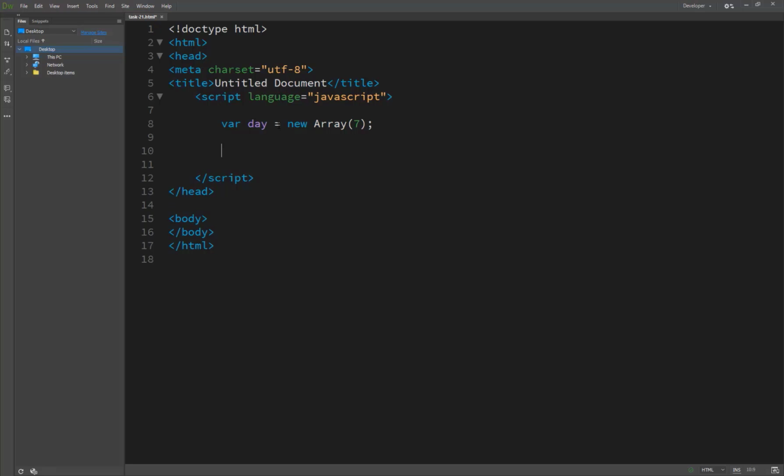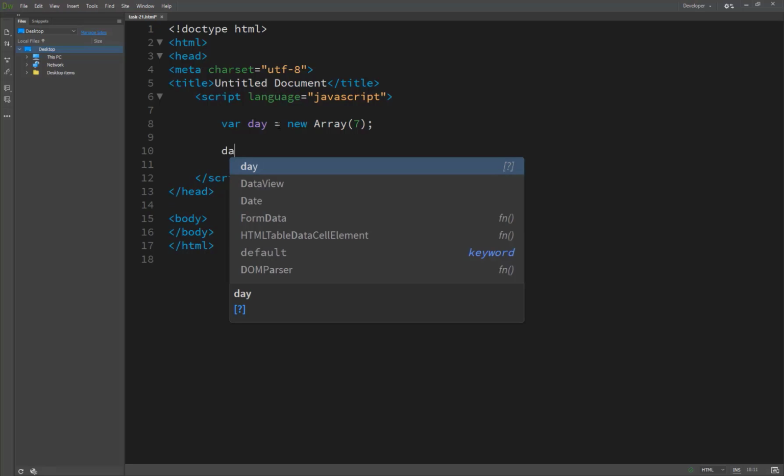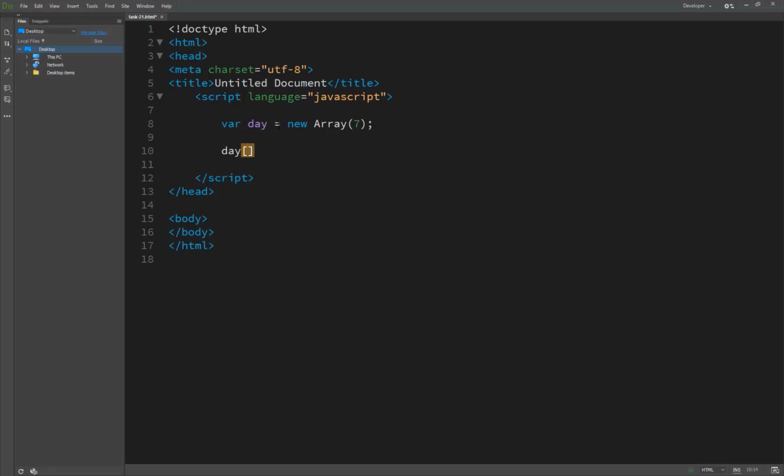And now we set, so first of all I set day and then pass the brackets and equal to, we are just setting a value here, and I've just set Monday, but the index here is 7 and index is a 0 index. All the time in the programming world, everything in indexes starts from 0. So 0 means it's a 1, and 0 to 6 means the 7 indexes here.